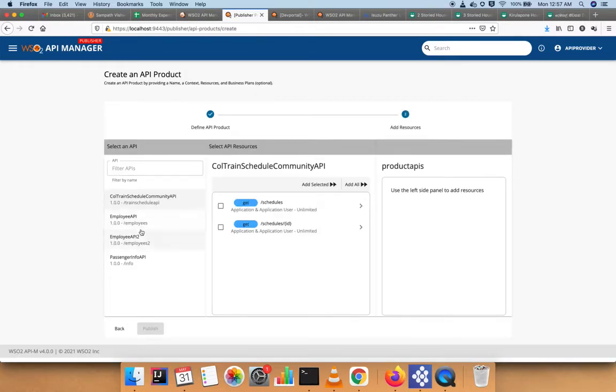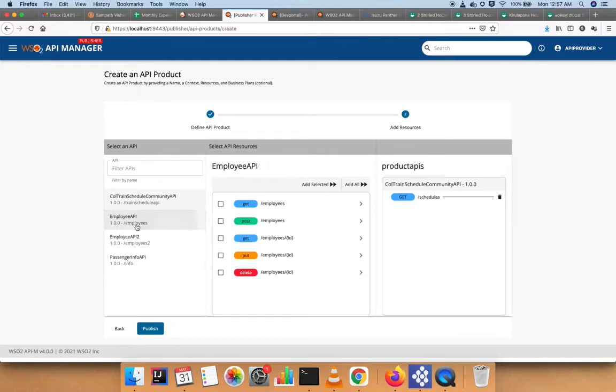I'll go ahead with this one, and here you can see the APIs that we already created. I'll select Coltrane API and get the schedule one resource from this API, and I'm going to another API and select another resource from it. So I picked two different resources from two APIs, and now I'm going to create an API product out of that.